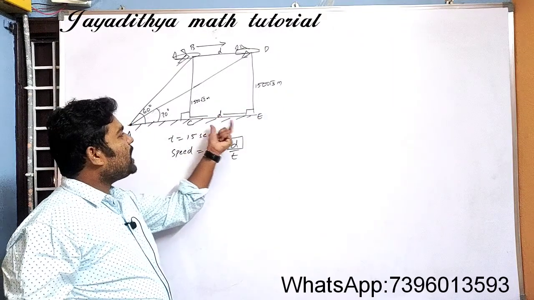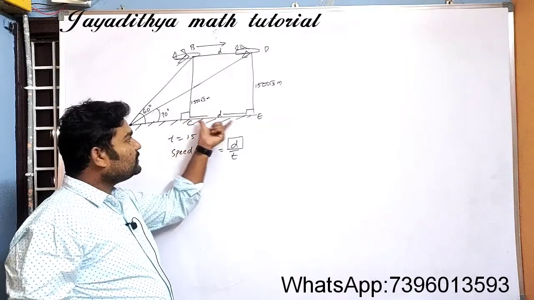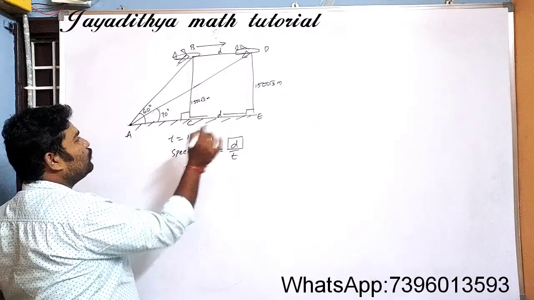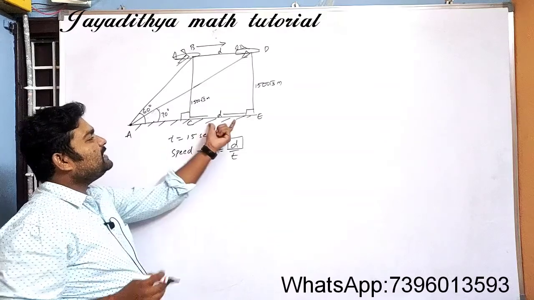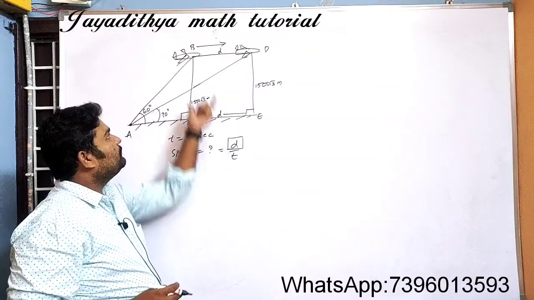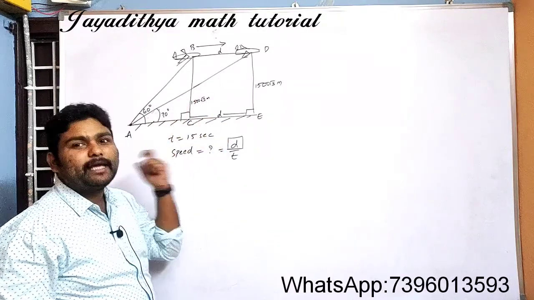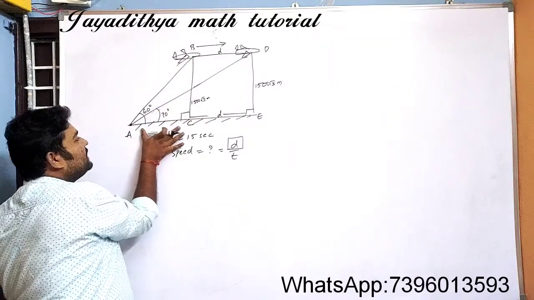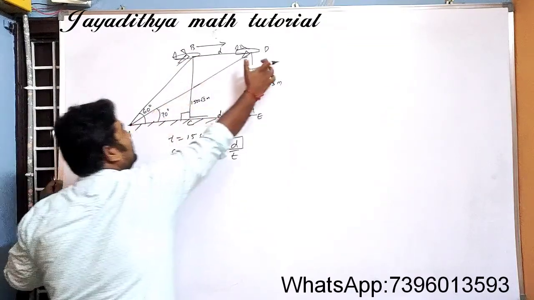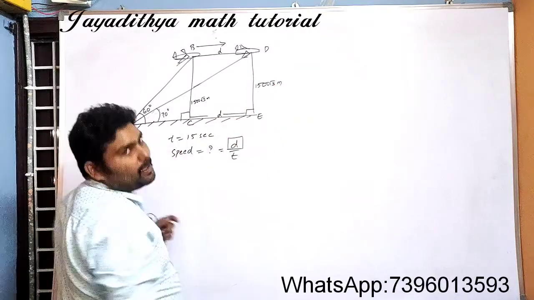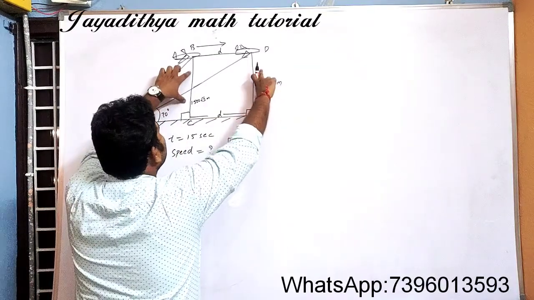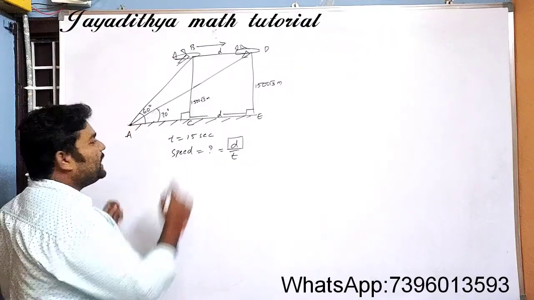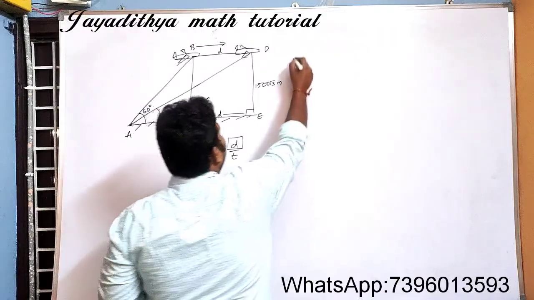So here the major part is you need to find D. For that reason, what we will be doing is, D is not the common side for both the triangles now. So you need to take the common side here. If I take the triangle ABC, AC is one side, and if I take ADE, AE will be the other side, and for both the cases this height will be the common side. So I need to take both the triangles here.